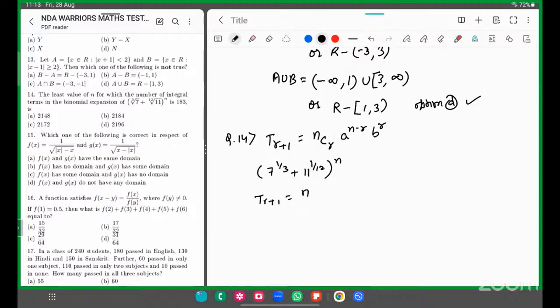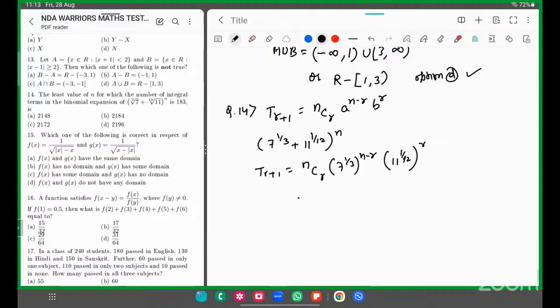T r+1 can be written as nCr, 7 to the power 1/3 whole to the power n minus r, 11 to the power 1/12 whole to the power r। ठीक है, इसको थोड़ा सिंप्लीफाई करो, क्या लिख सकते हैं हम इसको, nCr 7 to the power (n minus r)/3 into 11 to the power r/12।